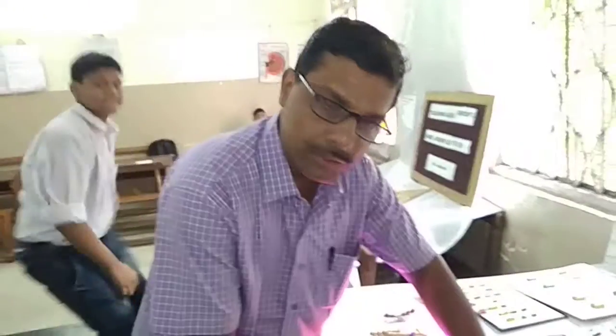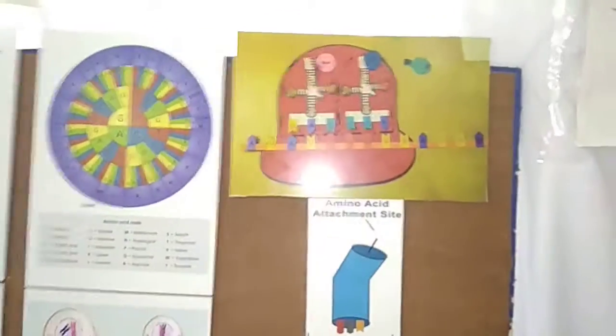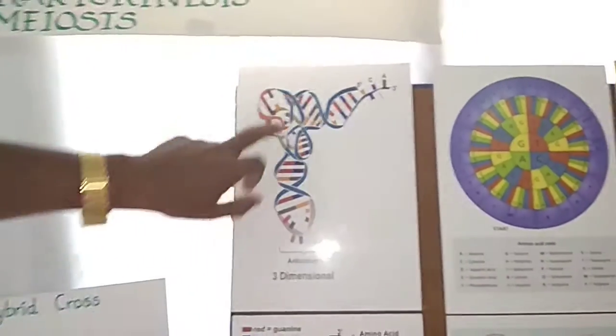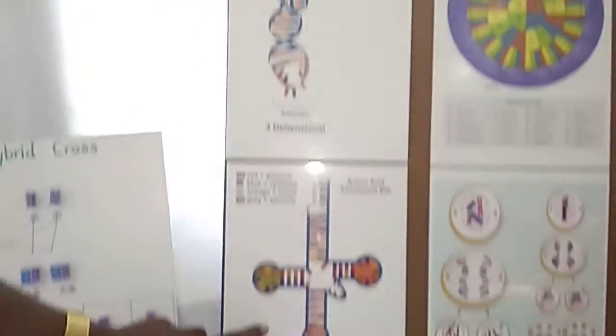Now when it comes from the messenger RNA to the tRNA, in tRNA, how is the anticodon going to be there? Look at the diagram of the anticodon shown there, which is two-dimensional. Here again the two-dimensional is there. Basically many times the student cannot understand what the 5 prime is. This is called the 5 prime, this is called the 3 prime, this is the three-dimensional model of the anticodon, this is the two-dimensional, and that is the simplified anticodon.